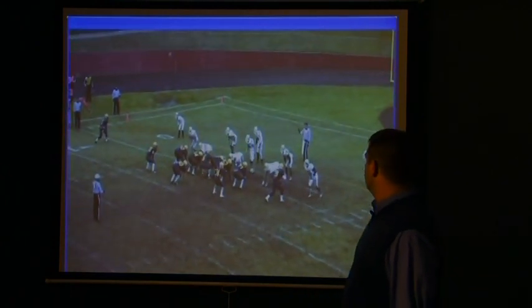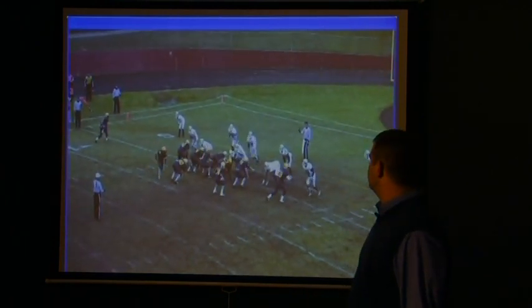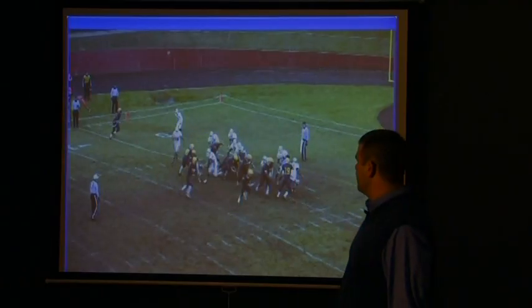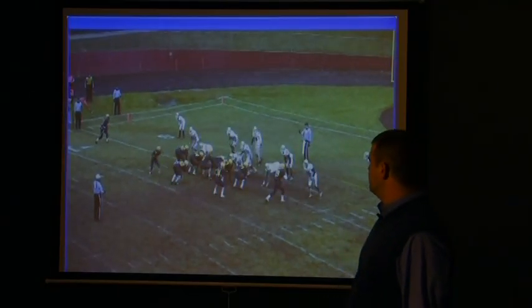Okay, you'll see here that this is some type of stack defense, the 3-5 or however you want to call this, with some blitzing. This is a great blitzing play, especially when people blitz the A-B gap. Should give you an advantage here. Good leverage here by our slot. You can see here our